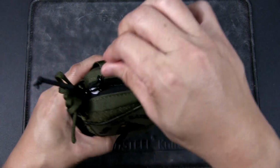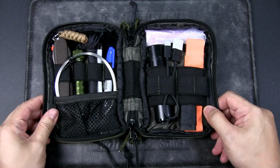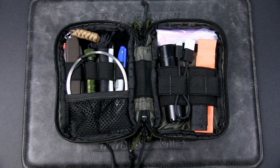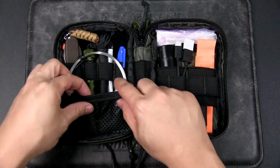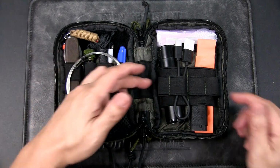Alright, so the zips, YKK zips, great quality as well. Zips all around, and here you have my pouch. So this is my loadout for my jungle outdoor adventures. What I do like about the design is this netted pocket here. It allows you to keep loose items, things that don't fit into these